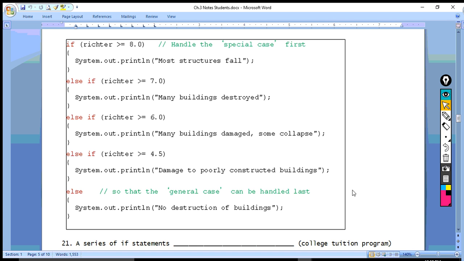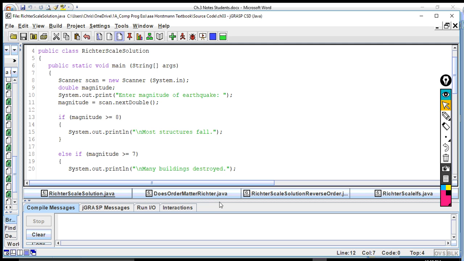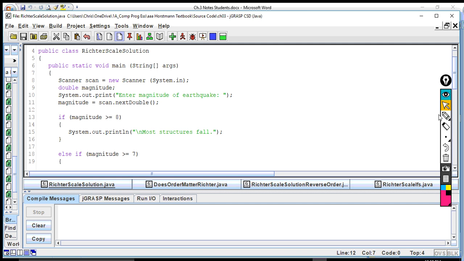Okay, we're going to now continue on with part 2 on the notes about if-else structures with multiple alternatives. And one thing I forgot to do in the previous video was to demonstrate this program working. And so as we look at this, here it is in JGrasp. And so if we were then to run this,